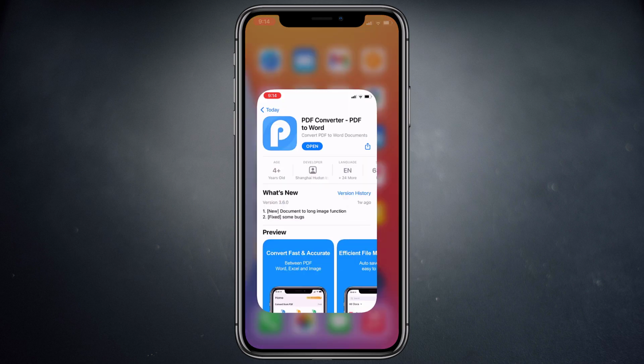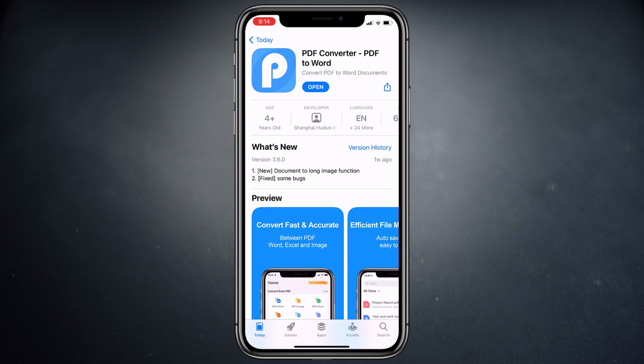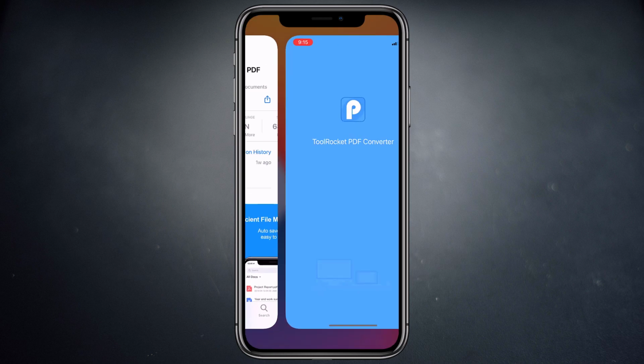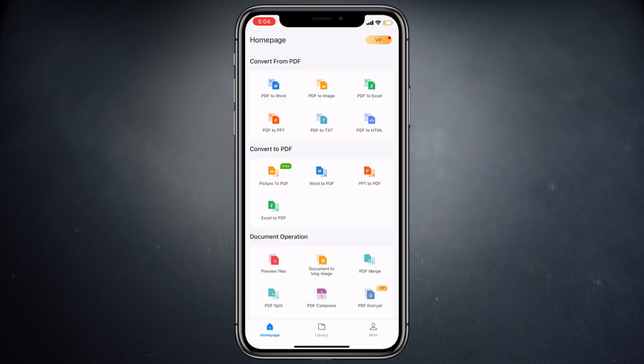If you deal regularly with PDF files, then an app called TrueRocket PDF Converter from the App Store could easily become your new best friend. It is a very handy PDF to Word converter for iPhone which allows you to convert PDF to Word, image, Excel, HTML and other formats. You can also use it to convert various Office file formats including Word, PowerPoint, Excel to PDF. Moreover, it comes with many features such as merge, split, encrypt or decrypt PDF.